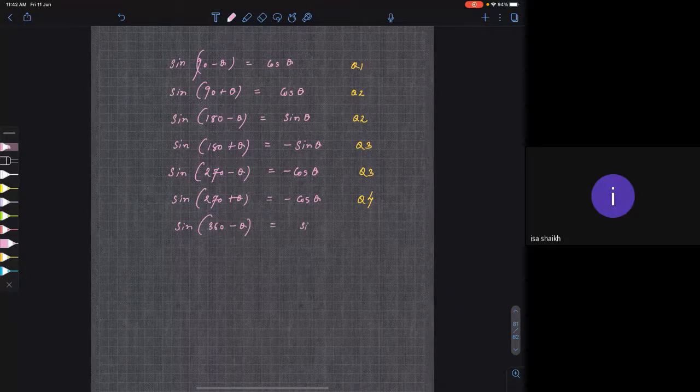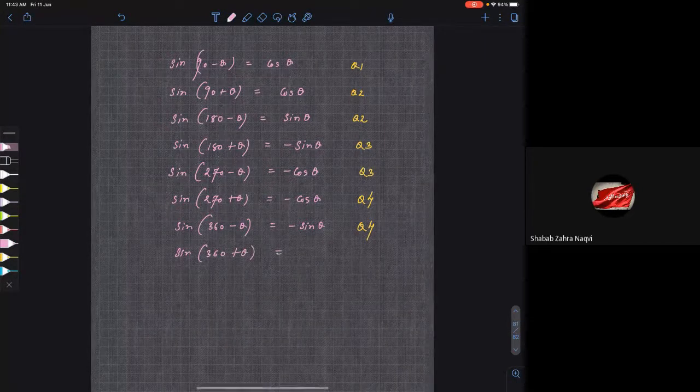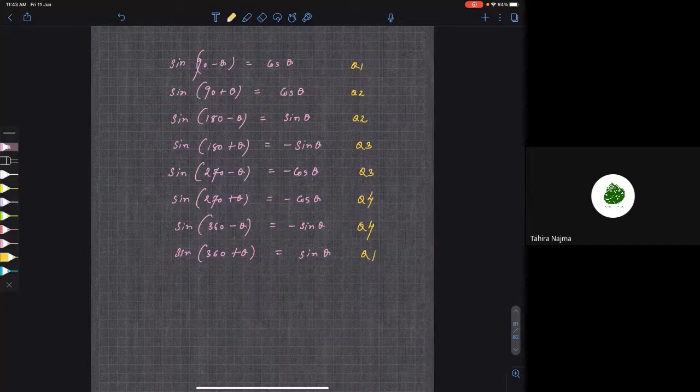It will be minus sin theta, because it is in the fourth quadrant. Now tell me, what will be sine of 360 plus theta? Plus sin theta, because it is in the first quadrant again. Clear? Now, based on this you can write the expressions for other